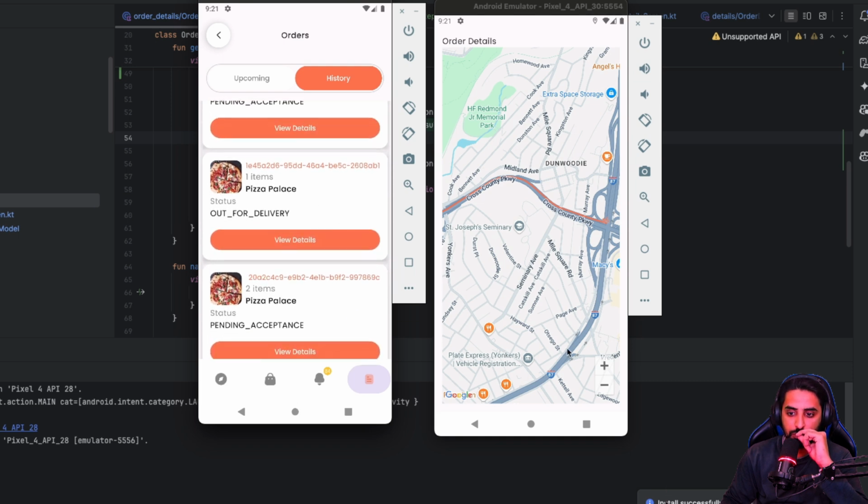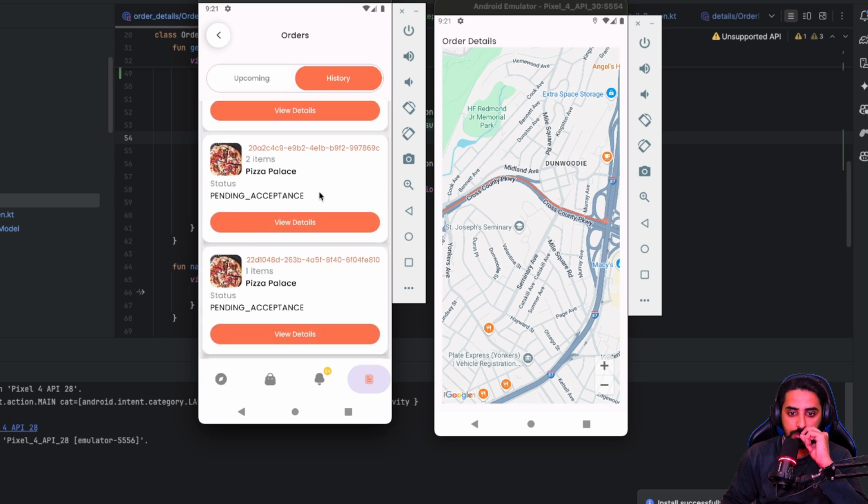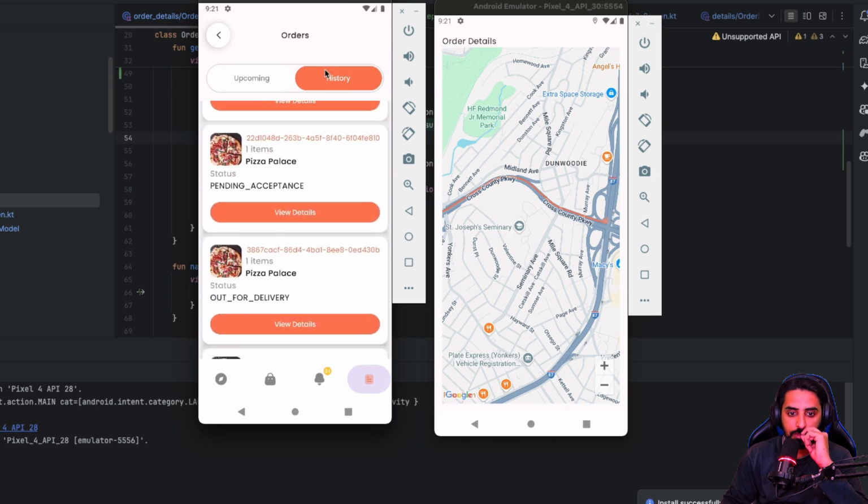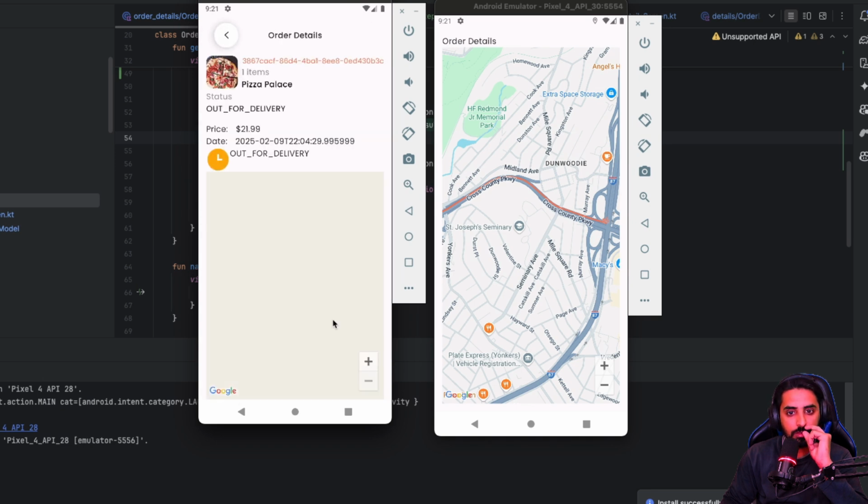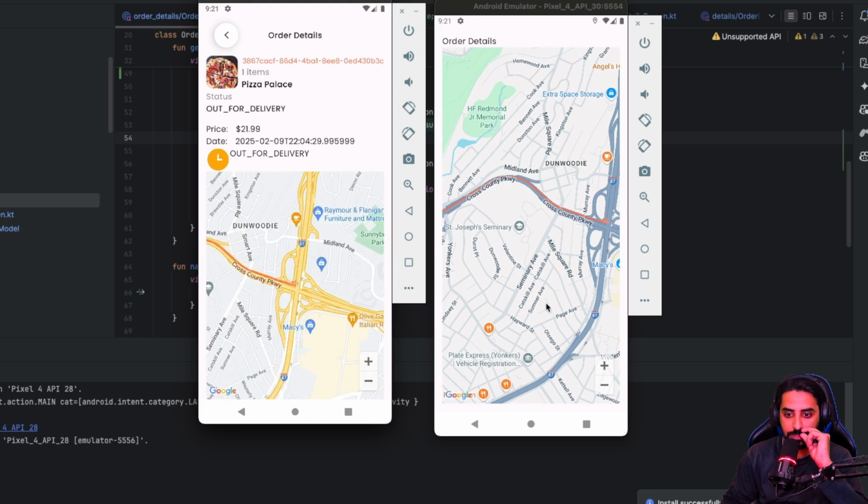I think this is the one that was there. Now you can see I got this map. You can see the same address over here. It's the same on both sides. And now let me just start the tracking so that we can see how it looks